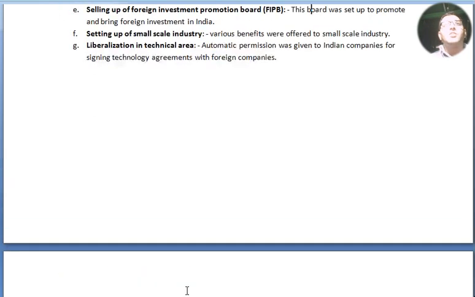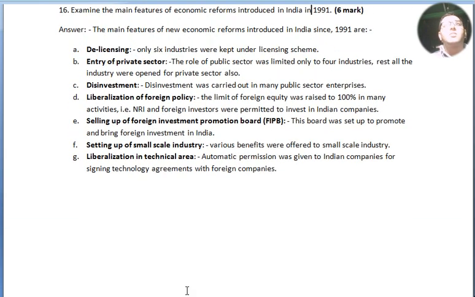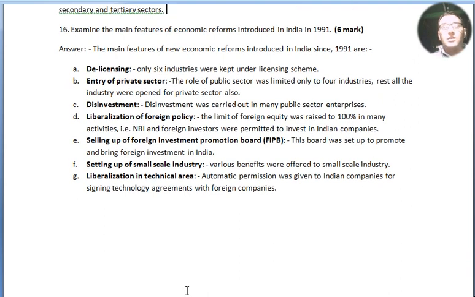That's all for 2019 economics. So guys, you have to focus on macroeconomics and Indian economy. The questions of macro and Indian economy are also available in the 2019 paper. Except micro, you have to leave the micro portion. Only you have to consider the macro, and Indian economy. Thank you.